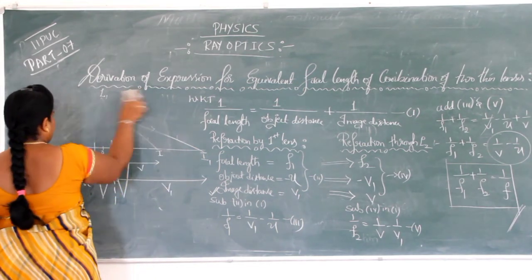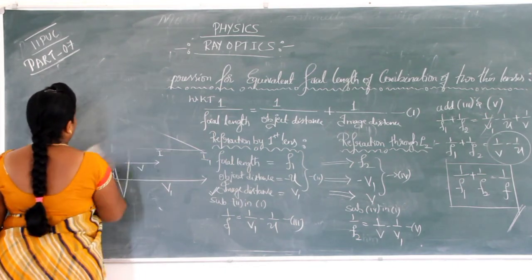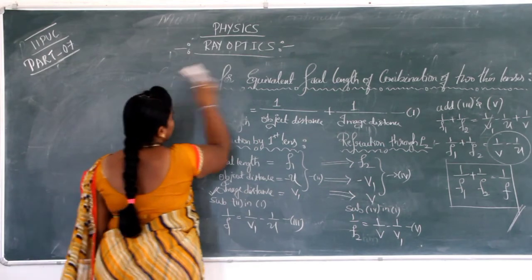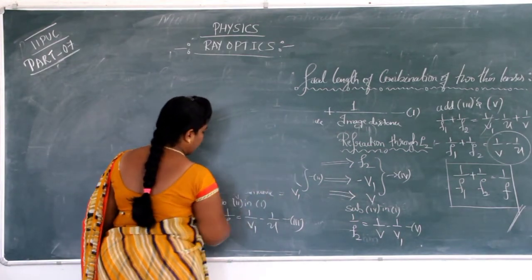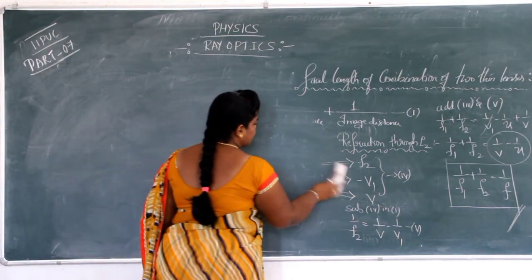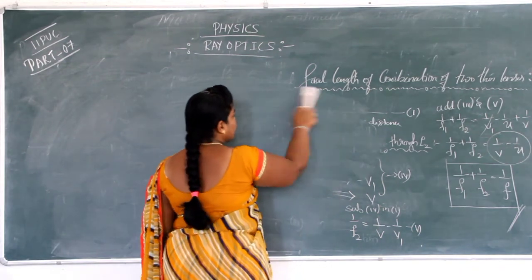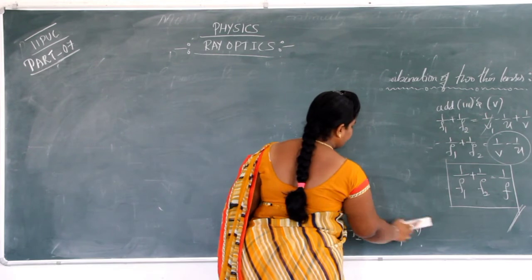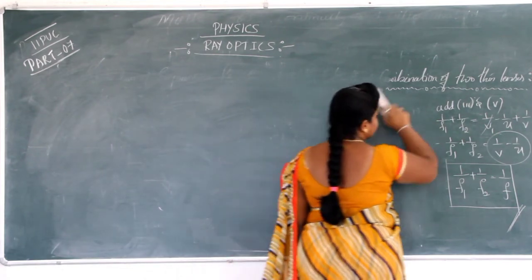Suppose I just place one convex lens and another one is a concave lens, then what happens to the effective focal length? And my dear students, you should be very careful. You can even write it as a note in your notebook. Suppose we increase the combination of lenses, it means if we